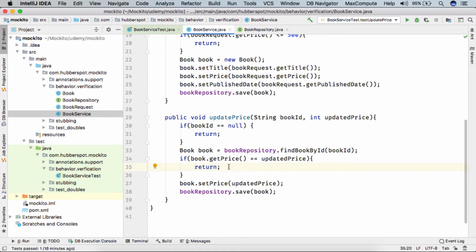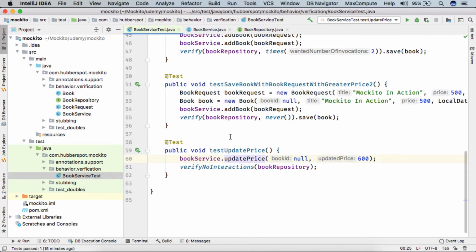So friends, here what we are doing is, whatever book we found from the book repository, if the price of the book is actually equal to the updated price, then we simply return from this method, because as the price is already equal to the updated price, no need to save the book using the book repository. So friends, let's say we want to verify this part.